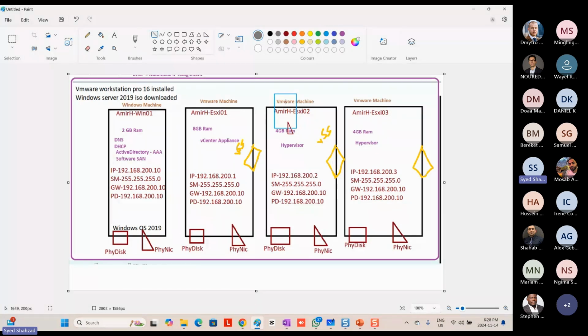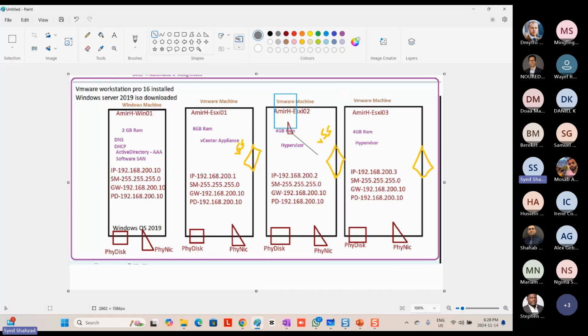There is a virtual machine. That virtual machine has a virtual network card, right? That virtual network card needs to have networking, so it needs to connect to the network. The virtual standard switch is already there, because when you install the hypervisor, the virtual standard switch gets created automatically,